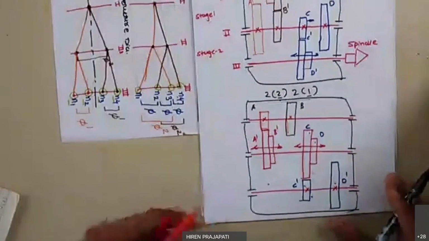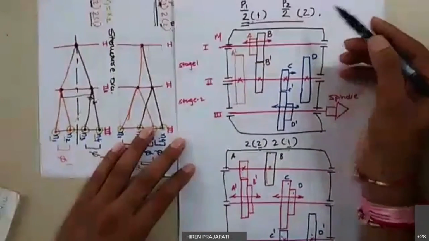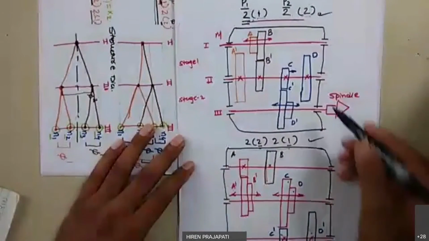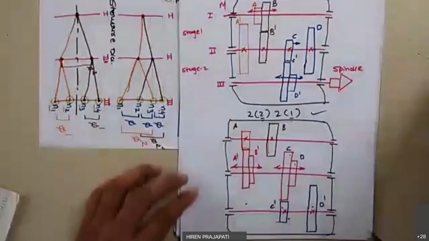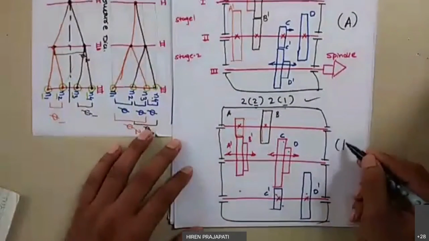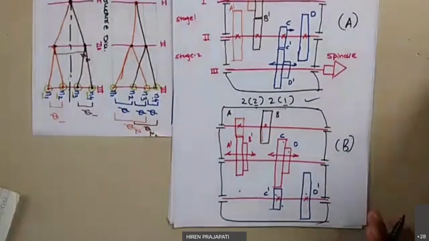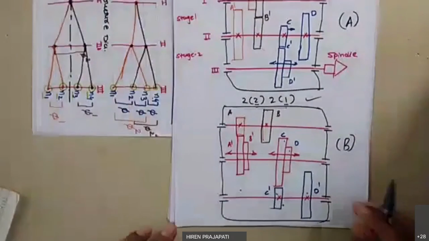Right? Now, if you look, any equation is applicable to any gearbox layout. Now in both these layouts, if I call this layout capital A and this second layout capital B, then please give your preference in the chat section. Which gearbox arrangement do you prefer most, A or B? I hope the question is clear.